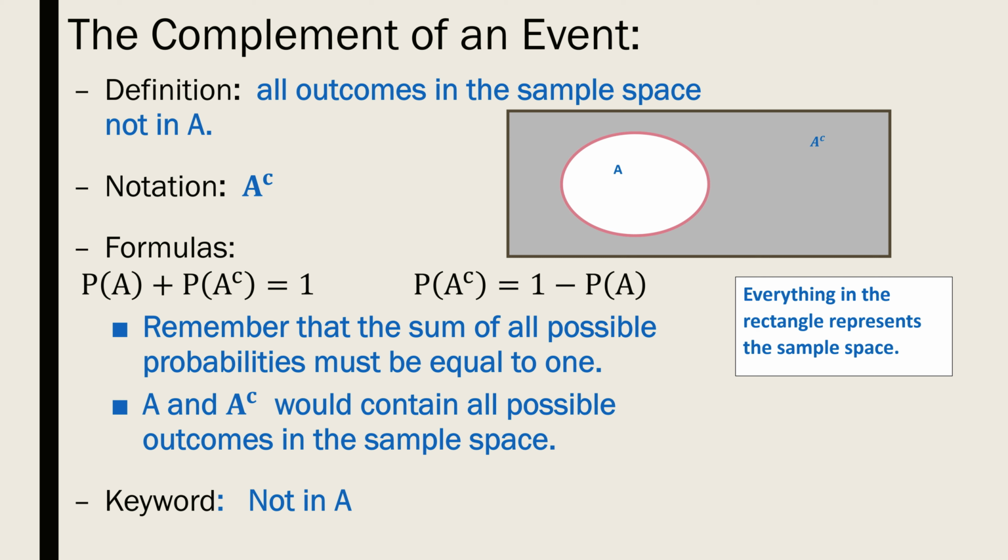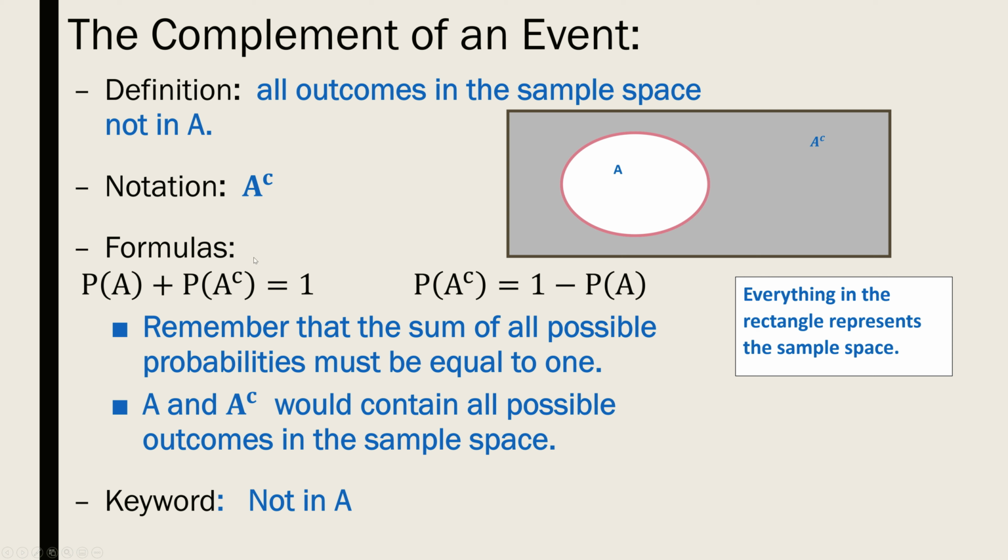In this video, we are going to learn some basics of set theory. First, the complement of an event. The complement of an event is everything in the sample space that is not in A. So in this plot, everything in the rectangle represents the sample space. The white circle A represents event A, and the complement of A, denoted by AC, is represented by the gray